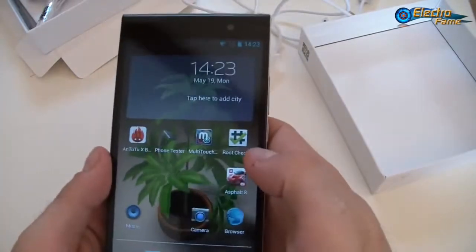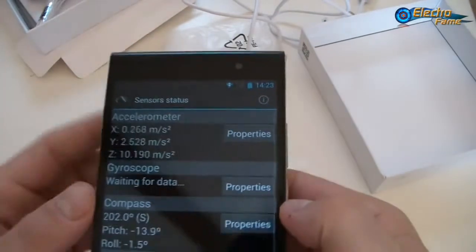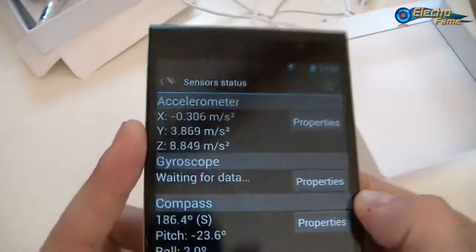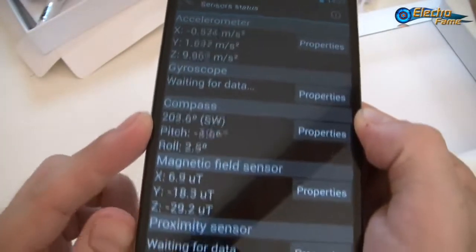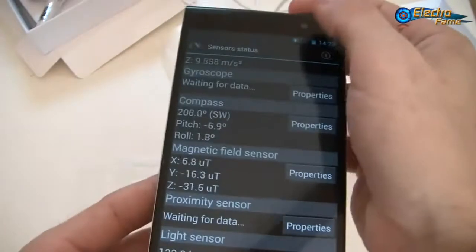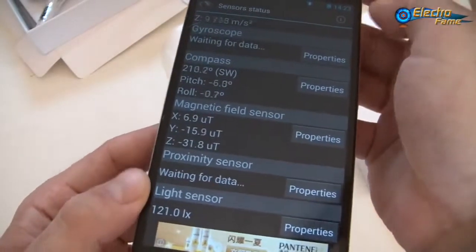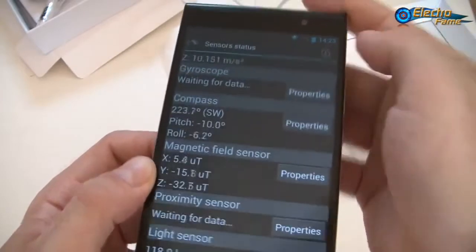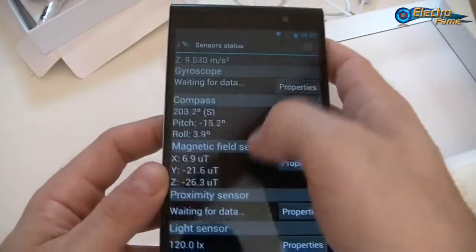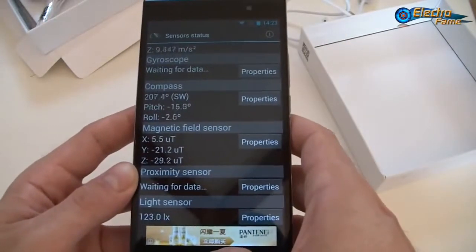so we can come back, and what I want to show you now is really about the sensors, what is going on. So we already have the accelerometer, which is working, as you can see. We have the compass, the magnetic field sensor, the proximity, and the light sensor, basically. Okay, so it will take a bit of time to get all the info for the other ones, but we tested them before and it's all working. Okay,